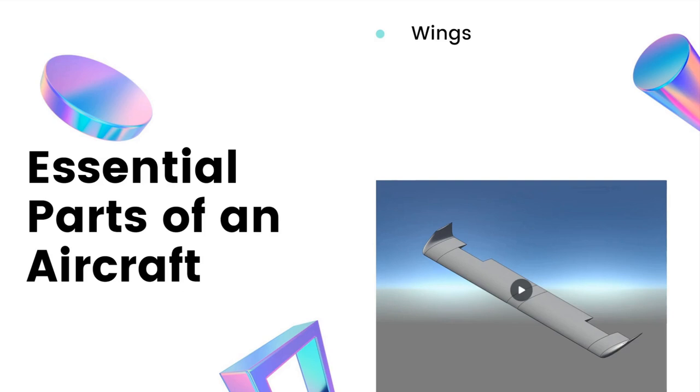To do that, we need some other component, that is the engine. Basically, the engine will produce enough thrust so that the aircraft can attain enough velocity. And with respect to the aircraft, basically the aircraft is at rest, and the air will be moving with respect to it, right? As when traveling in a train, you must have seen that you are sitting in the train and trees, buses, all are moving behind. So the same thing goes for the aircraft here.